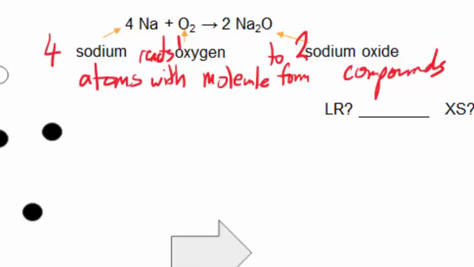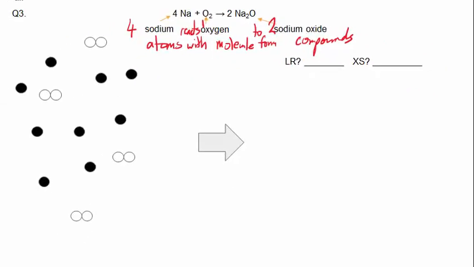Okay, so now we have to do our math to make sure that we understand what the LR is and what the excess is. So it's 4 on the bottom of the fraction because that's what we need. And we have 1, 2, 3, 4, 5, 6, 7, 8, 9 sodium atoms, that's these black circles because they're by themselves. And then we're going to count the oxygens, which are 4. And we only need 1, right? There's a 1 in front as the coefficient in front of the oxygen. So we know that this number is lower. So we know that that is the limiting reactant. That's the one that runs out first. So we put oxygen